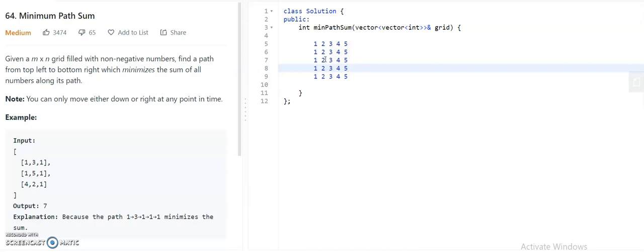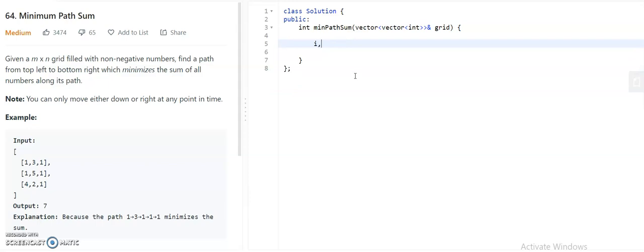That means you can only reach the point i comma j from i minus 1 comma j or i comma j minus 1.